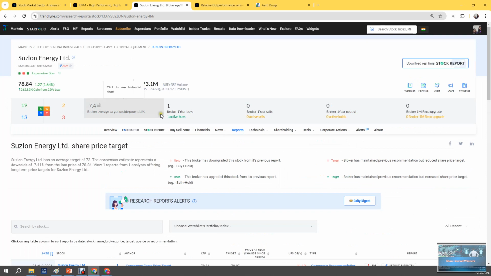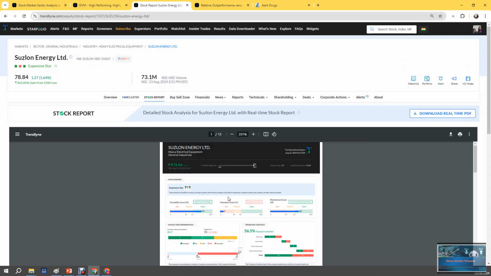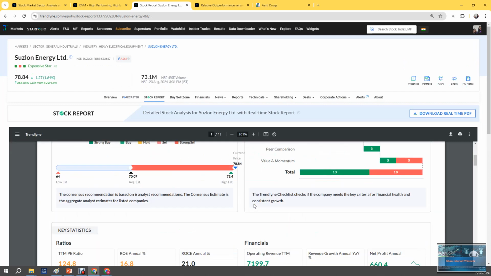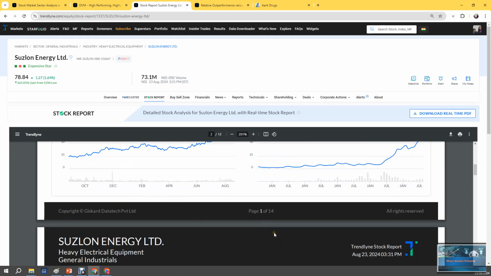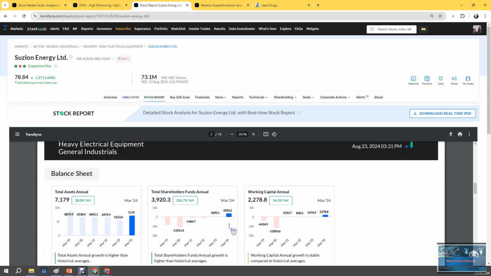Okay, I'm searching the wrong direction. So it's a stock report where you will be able to pull the report. Here you'll have the detailed report of analysis, what the trendline analysts are reviewing, and they are giving the report. You can download this one, and you will see the peer comparison, the detailed view